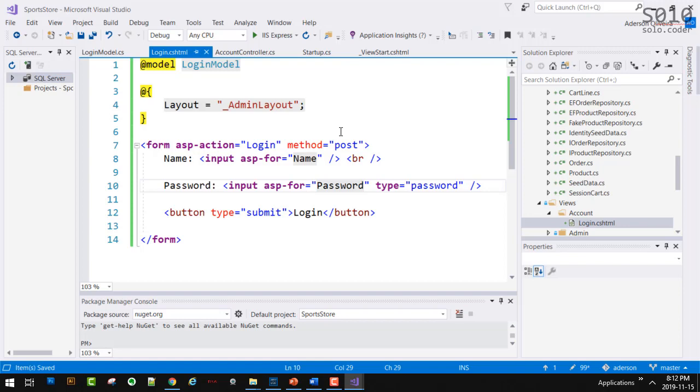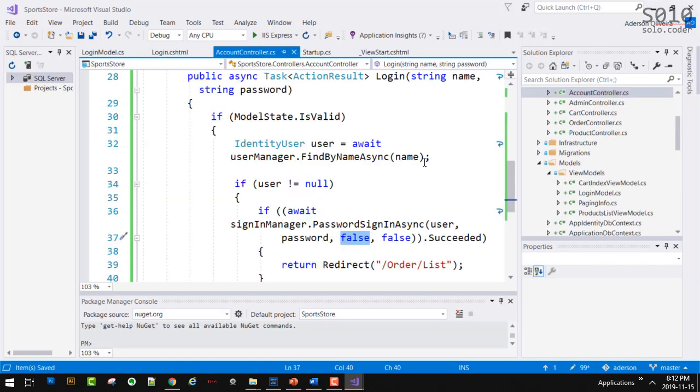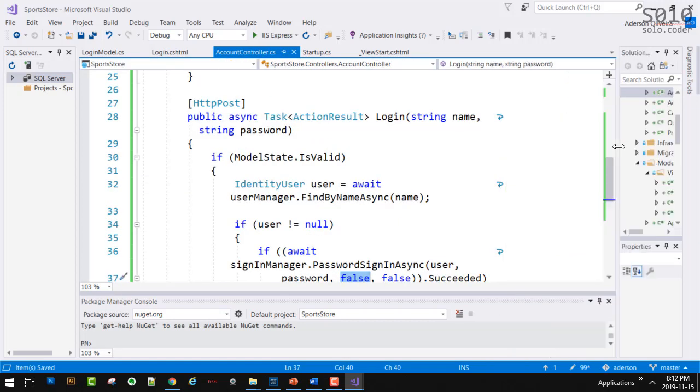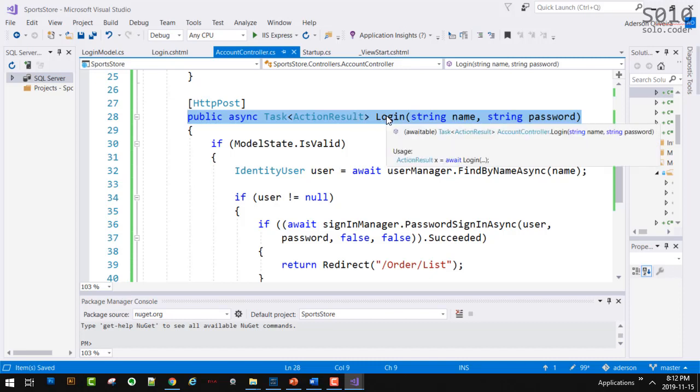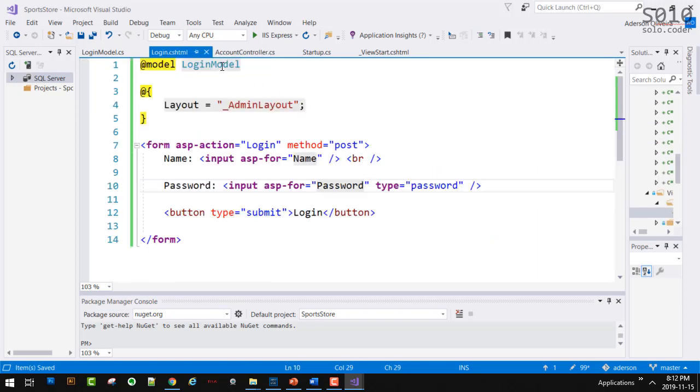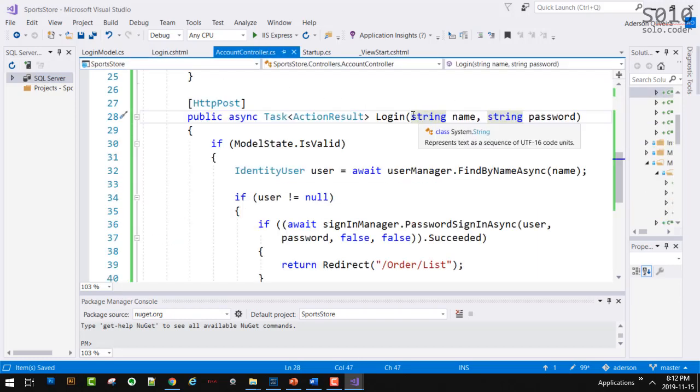What else should we change? Well, we should go back to our controller. In our login post, what do we change here? We are sending name and password independently, but now what is it that login will receive? It will be receiving a LoginModel. So you say here LoginModel, and I'm going to call this loginModel.